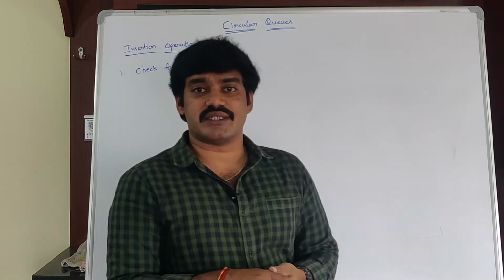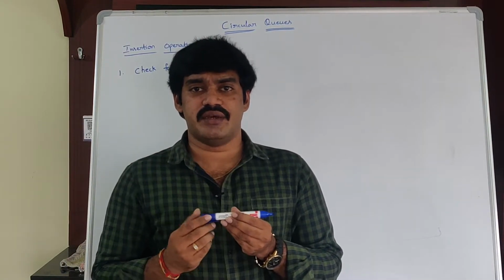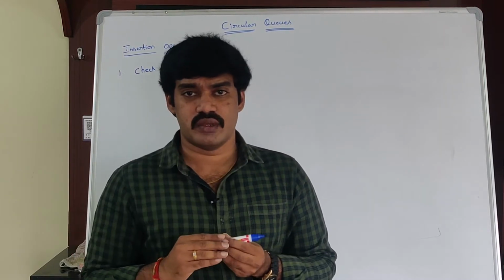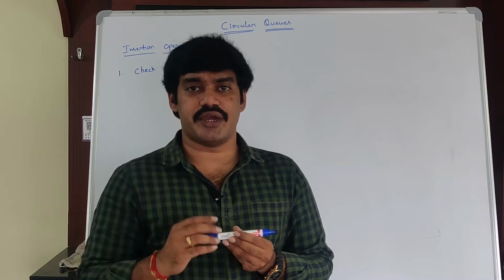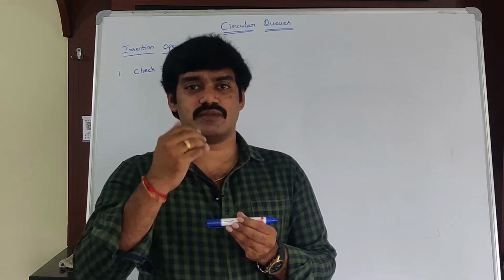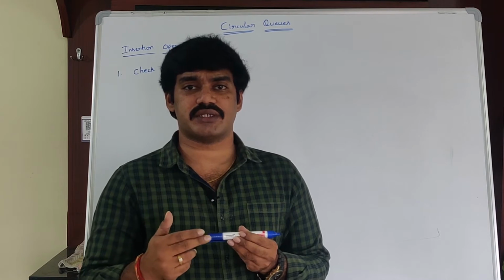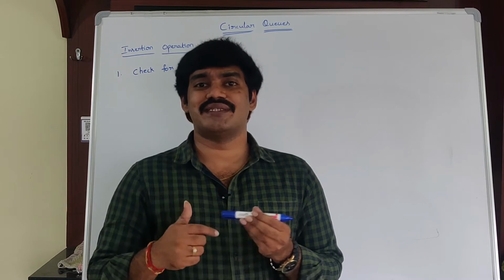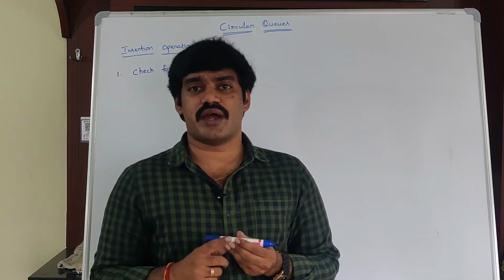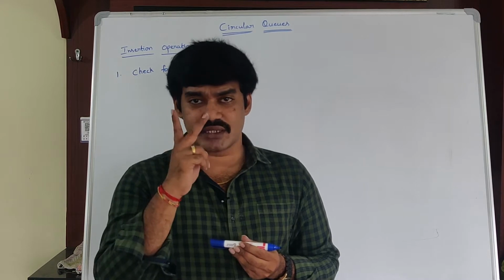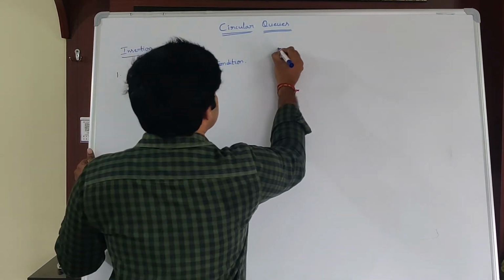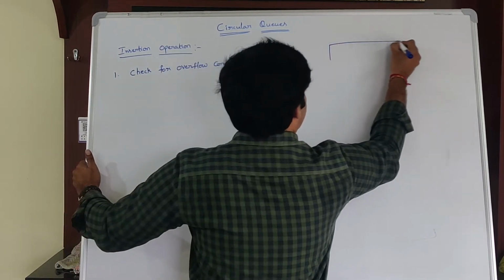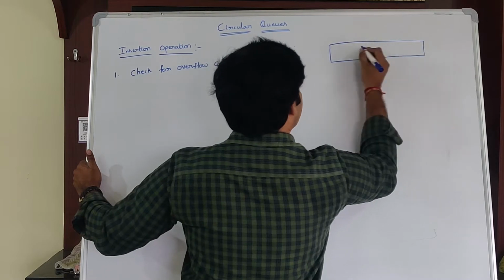If it is a stack data structure, what is the overflow condition? If TOS reaches max size minus 1, that indicates our stack is overflow. Whereas if it is a linear queue, if REAR reaches max size minus 1, that indicates the linear queue is overflow, full. Coming to the circular queue data structure, what is the overflow condition? To write the overflow condition for a circular queue, we need to consider two cases. Case 1: assume that this is your circular queue data structure.